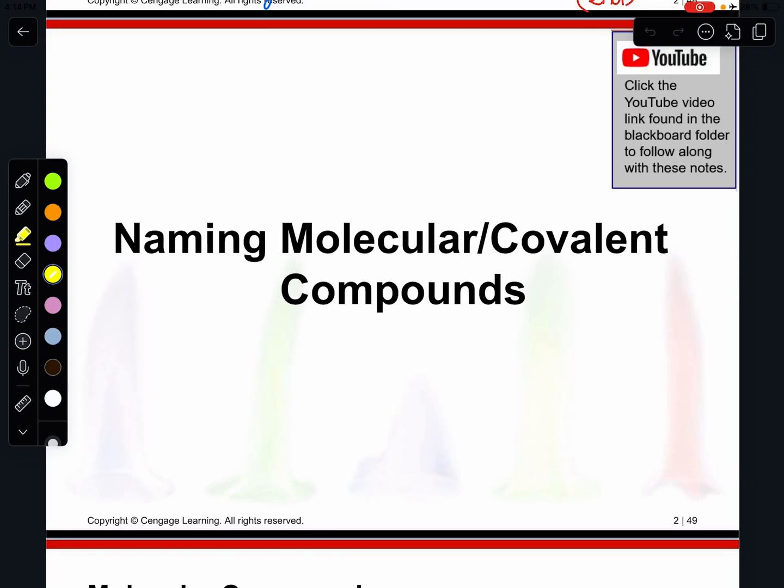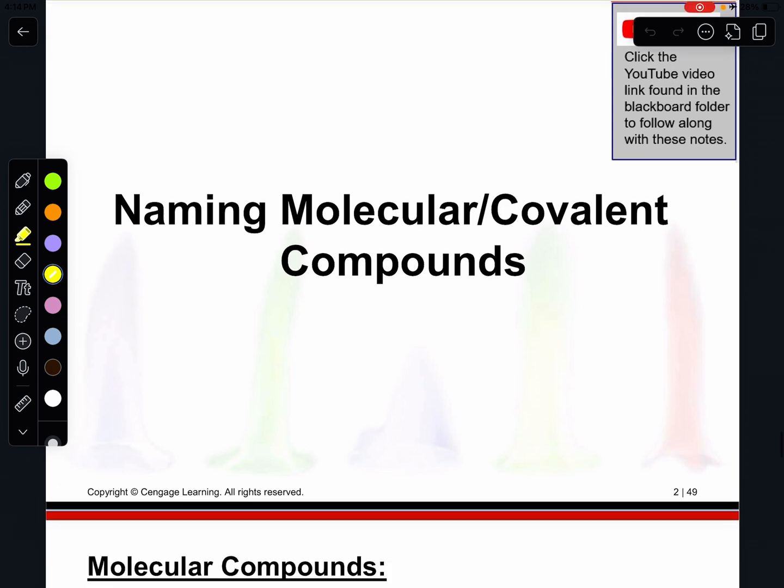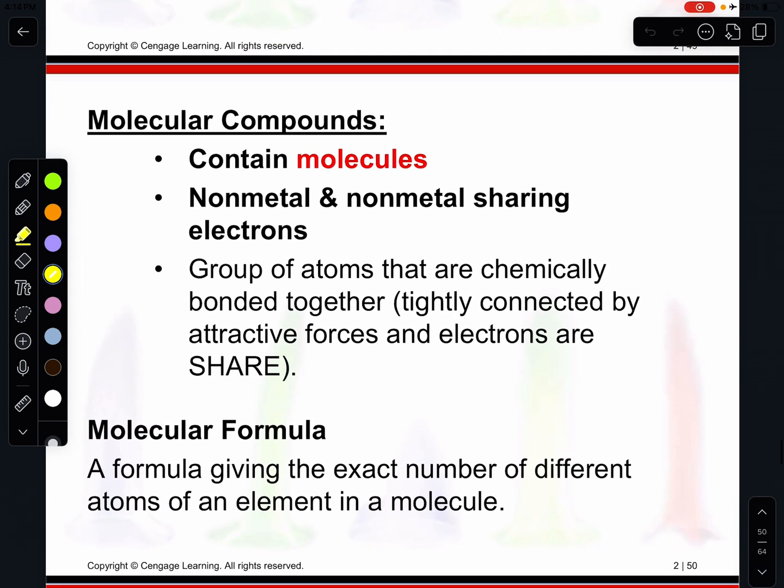All right, naming molecular or covalent compounds. Remember, molecular and covalent are interchangeable. So a molecular compound contains molecules. A molecular compound is typically a nonmetal and another nonmetal, and they share their electrons. They're actually connected, and they share 1 or 2 or even 3 electrons. And so a group of atoms that are chemically bonded together, their attractive force is just that actual sharing of